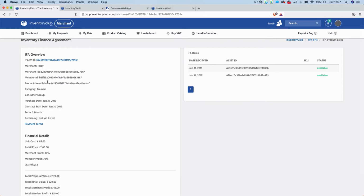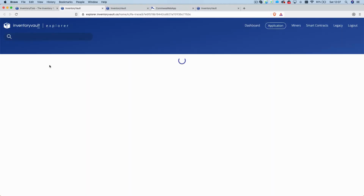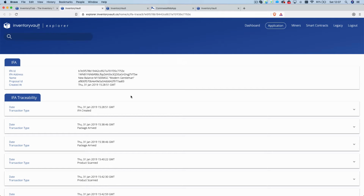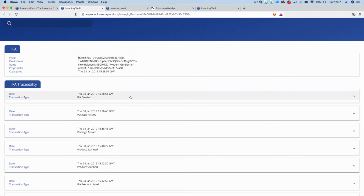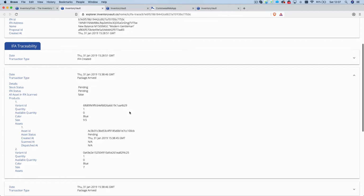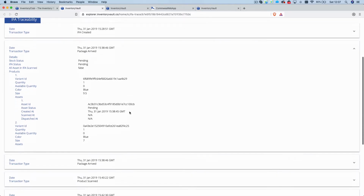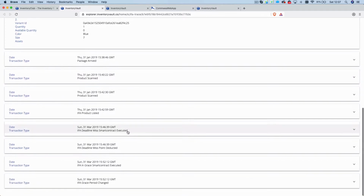But once again, I will have another video where I explain more about how Inventory Club works. Right now, we really want to focus on Inventory Vault. So this is the Inventory Finance Agreement IVID. If I click on this ID here, it will bring us back into our Explorer again. And we can see when the actual agreement was created. We can see when the package arrived, because we actually have to order things in, then scan them in. So there's a process. But what we've done is we've made sure that everything is absolutely